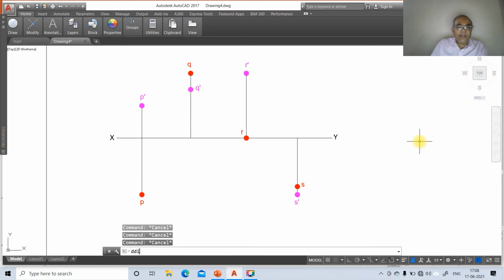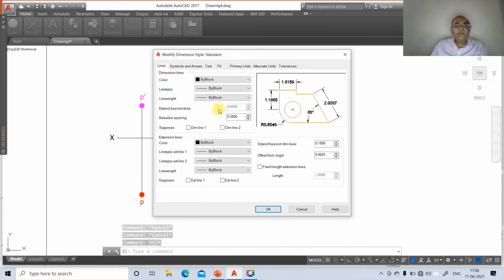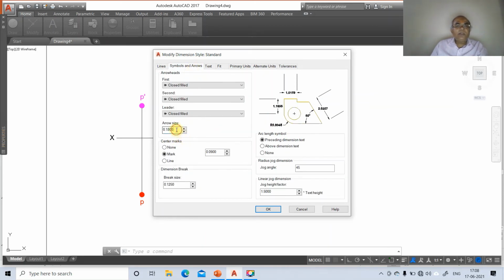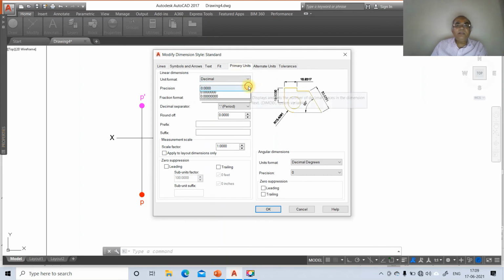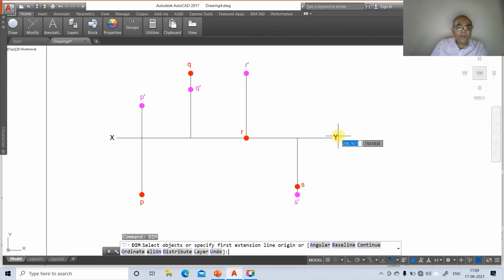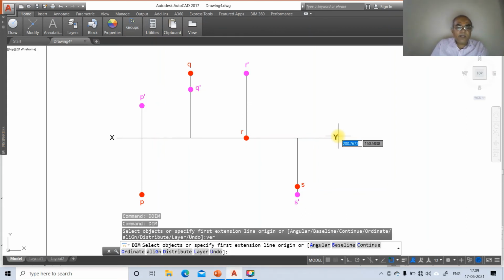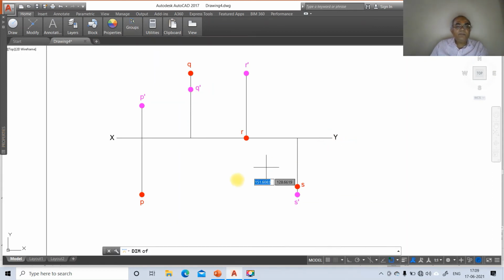Now we go for DDIM, then go to modify, then go to lines, make this as 2, then symbols and arrows, take the arrow size as 3, go to text, take the text height as 3, align with the dimension line, vertical above, offset on the dimension line as 2, go to primary units, make this as 0 and say OK and say close. Now we go for dim, take vertical, take center, go to dim, take center of this